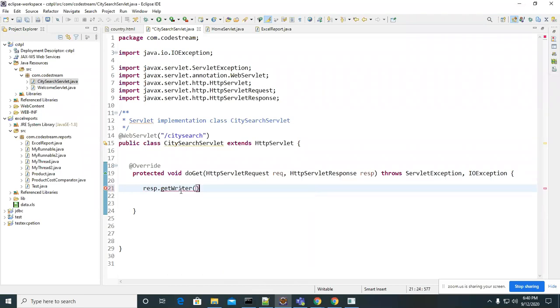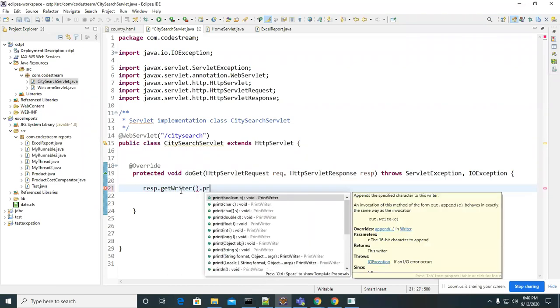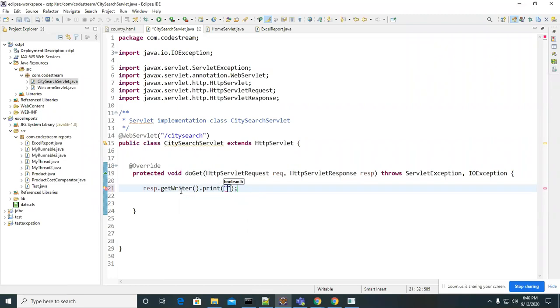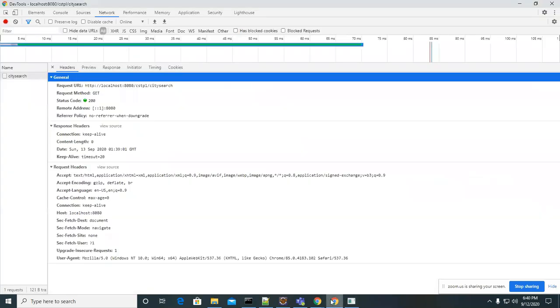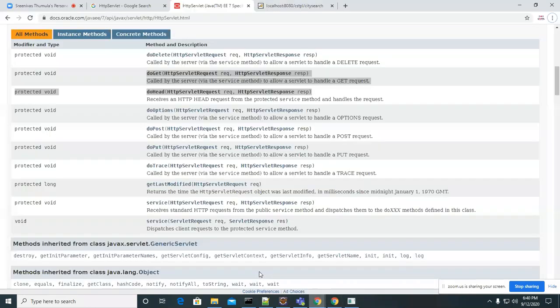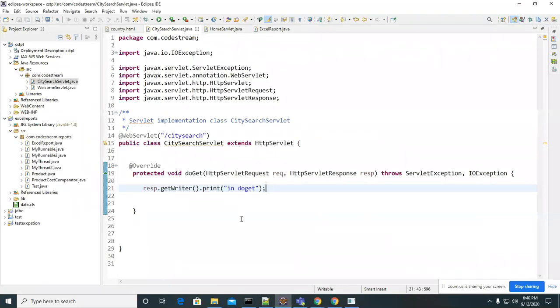If I write response.getWriter and print something in doGet, this message will come back to this browser. Okay, this is the flow. When you send any request, this is the complete flow for any servlet. If you write 100 servlets also, the same flow will happen.